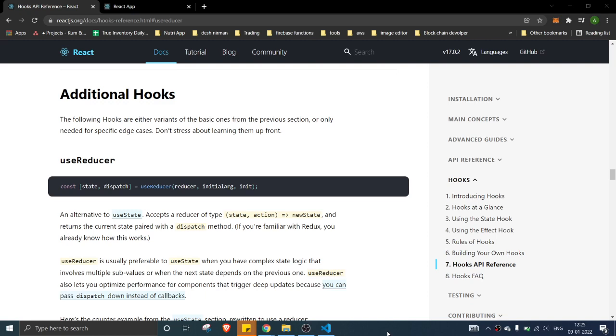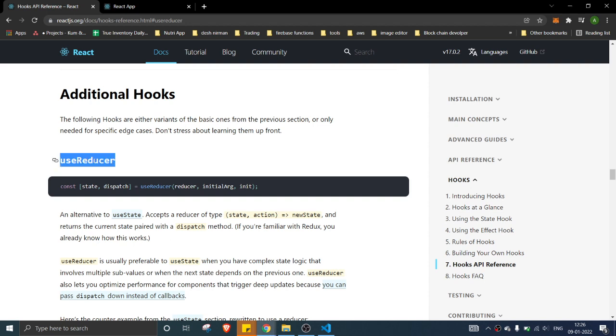So today we're going to see the useReducer hook in React.js. We are continuing with the React.js sessions. In the past few sessions we started seeing different types of hooks. Last session we saw useState. If you haven't seen how that works, please check out my previous video, which is added in the React.js playlist. Okay, so now we'll discuss useReducer.